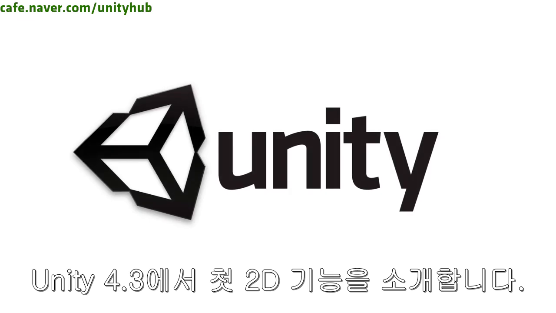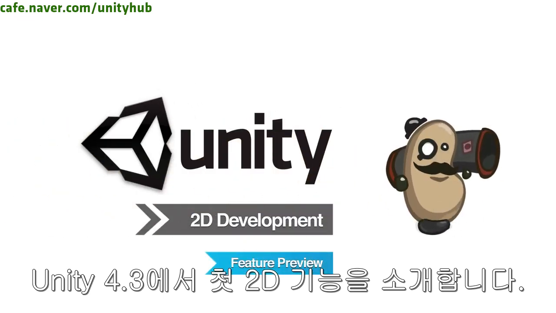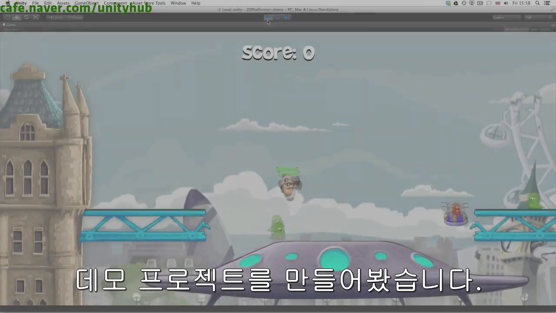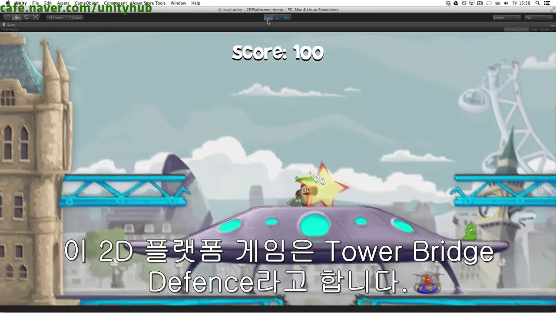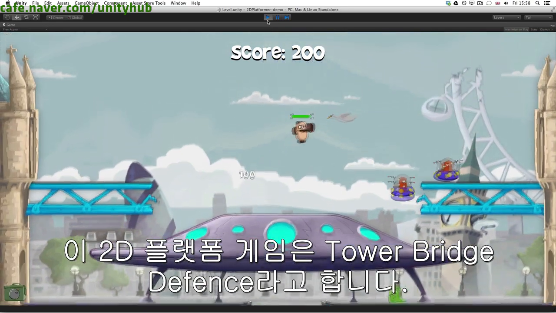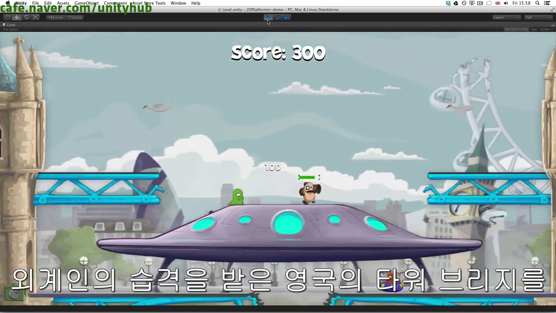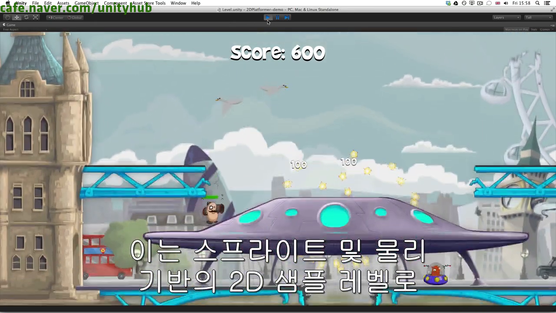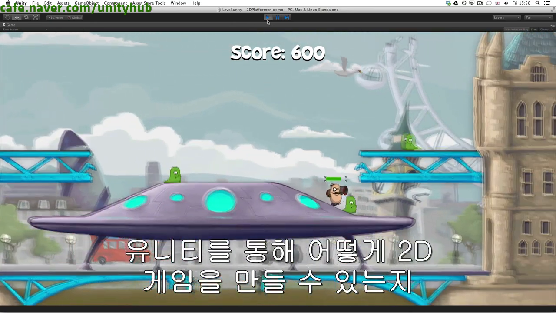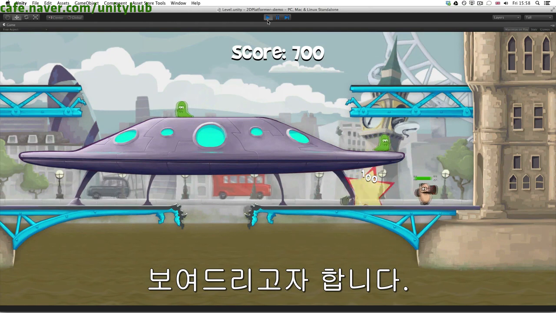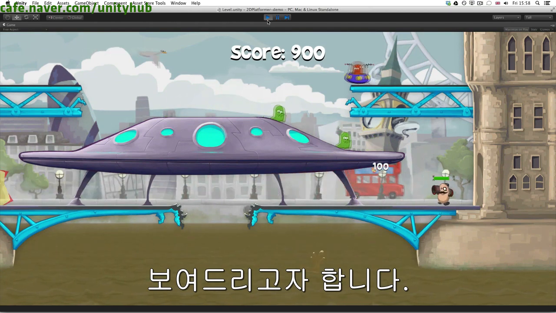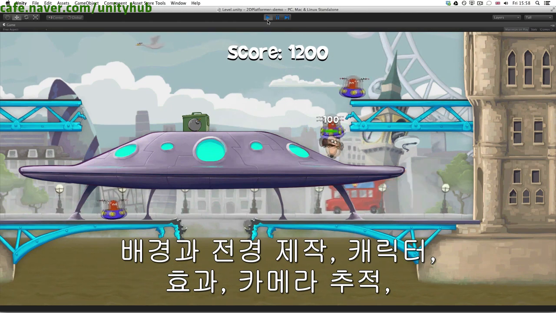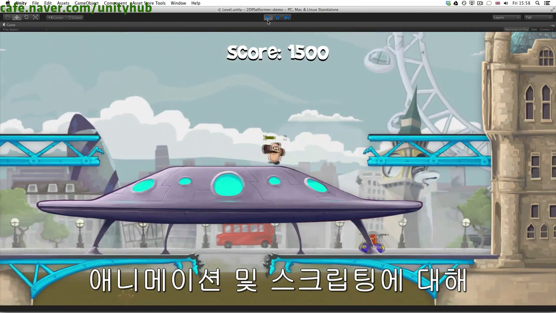In Unity 4.3, we're launching our first set of 2D features. To complement this, we've constructed a demo project with these tools. Our 2D platformer is nicknamed Tower Bridge Defense. It depicts London's Tower Bridge in the midst of an alien invasion. It's a completely sprite-based, physics-driven 2D sample level that we hope will help you understand how 2D games are put together in Unity. This video will discuss the background and foreground construction, characters, effects, camera tracking, animation, and scripting used